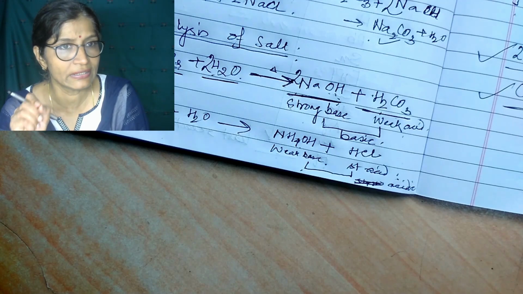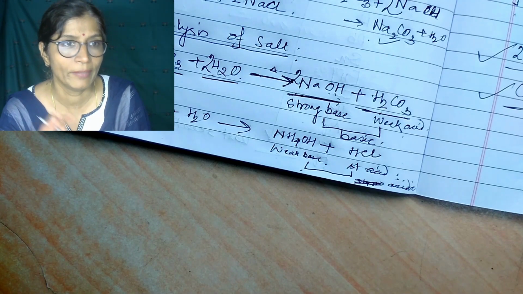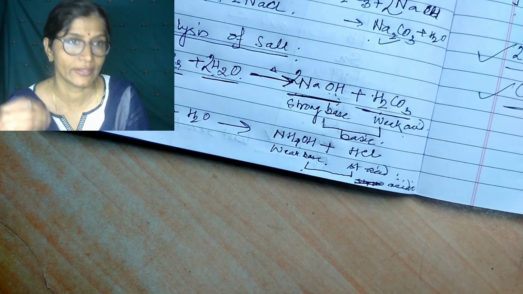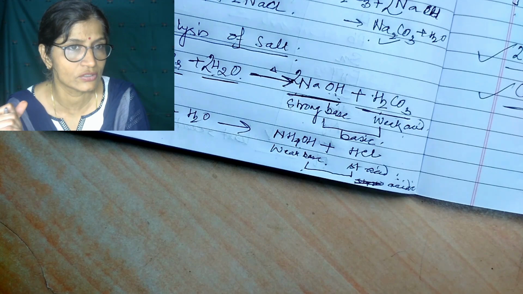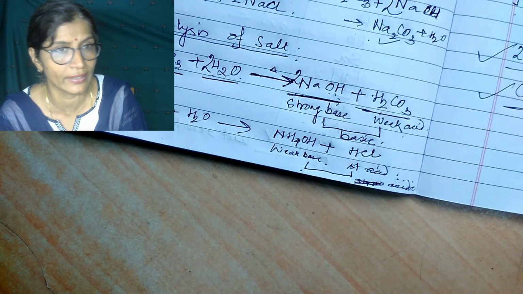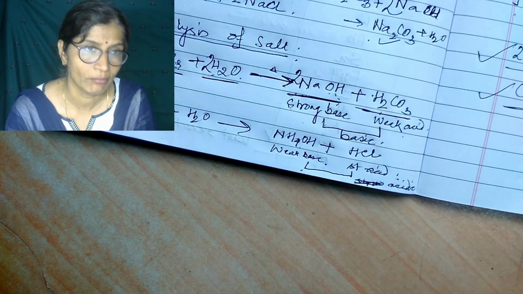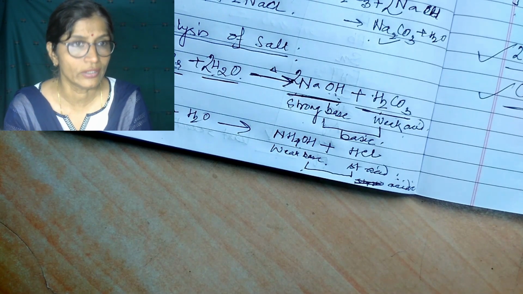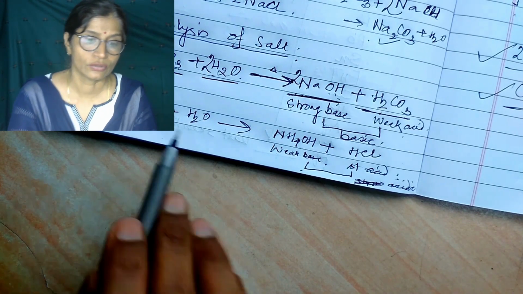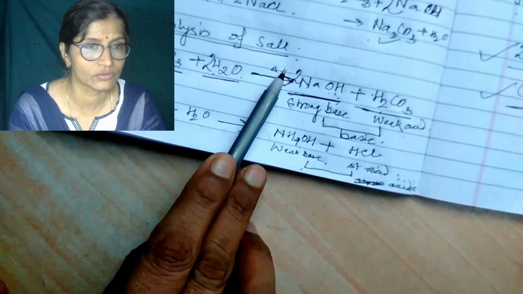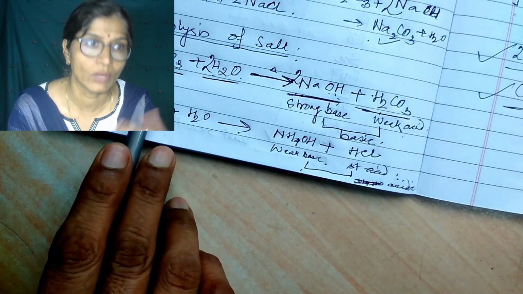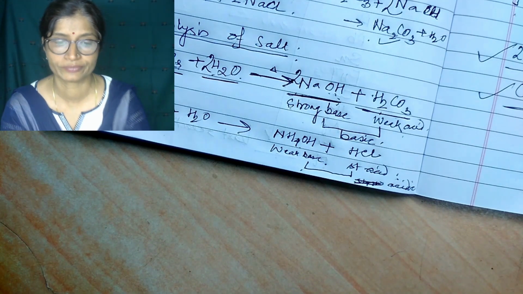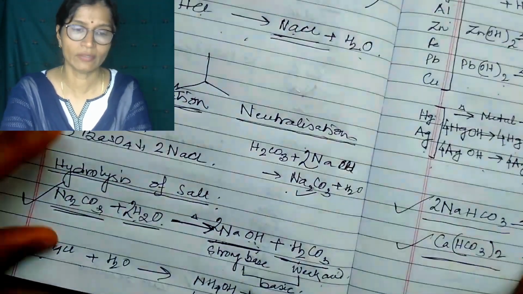If it is a strong base or strong acid salt, then ionization is maximum, and if it is a weak base or weak acid salt, then by hydrolysis ionization is minimum, the degree of ionization is less, and that is why the salt is neutral. So this is what this is all about. Hydrolysis of salt means salt when treated with the water, whatever the resultant solution, whether that is acidic or basic in nature. So that is your double decomposition reaction.